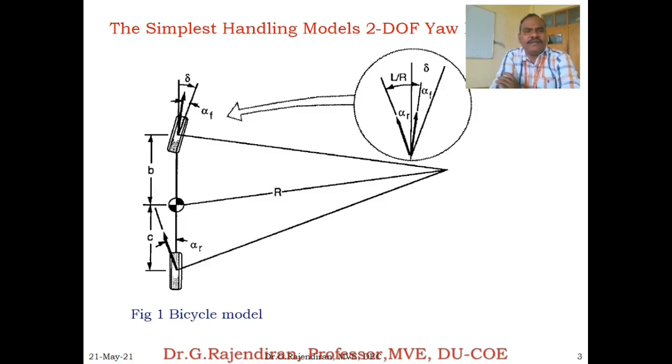So what does 2 degree of freedom mean? You know that now you are studying vibration. Two independent variables are required to describe the one dependent variable. Correct? Is that correct or not? So what is the yaw plane model? What is yaw? The vehicle motion with respect to the z axis is called the yaw. Correct? What is plane? Assume that the vehicle is tilting with respect to the z axis. Clear? Then we assume this yaw plane model. So we assume only the yaw motion of the vehicle.